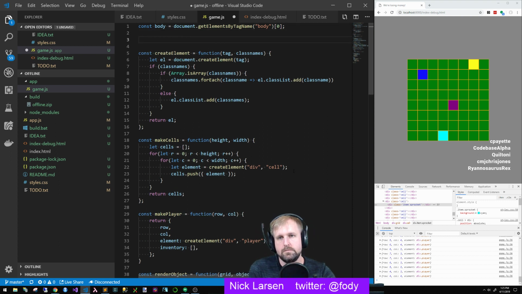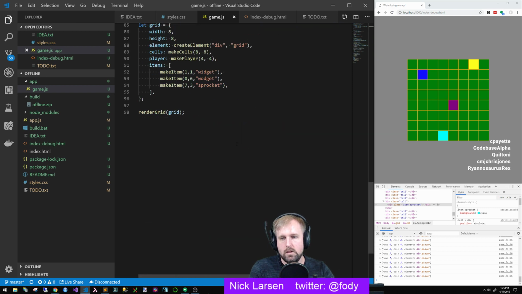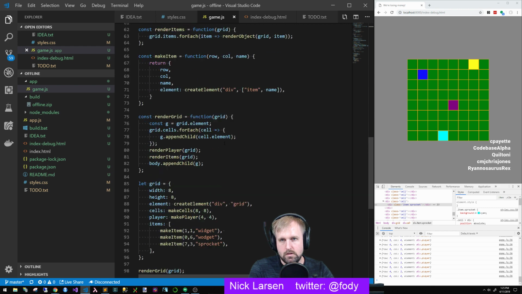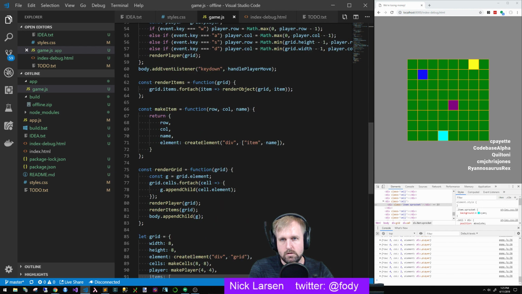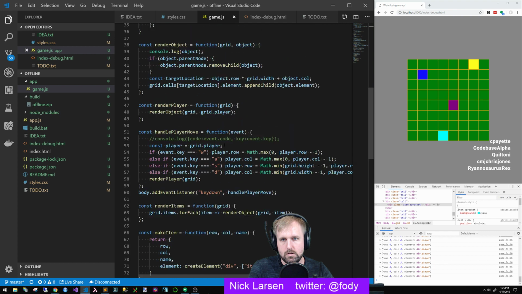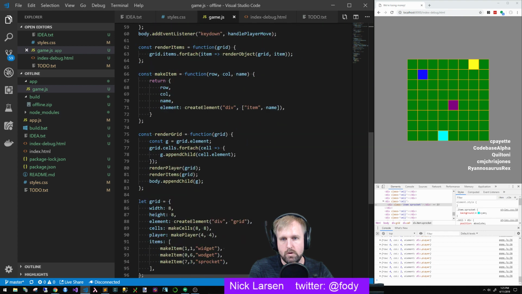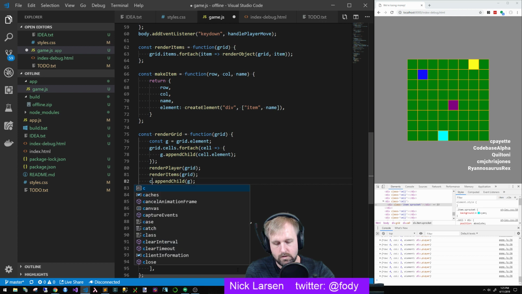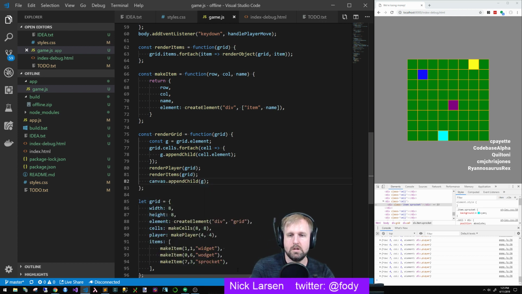Okay. Const. I'm just gonna call it canvas for now. And this is gonna be body. Okay. So when we render the grid, we're going to say canvas dot append child. All right, the other thing that we need